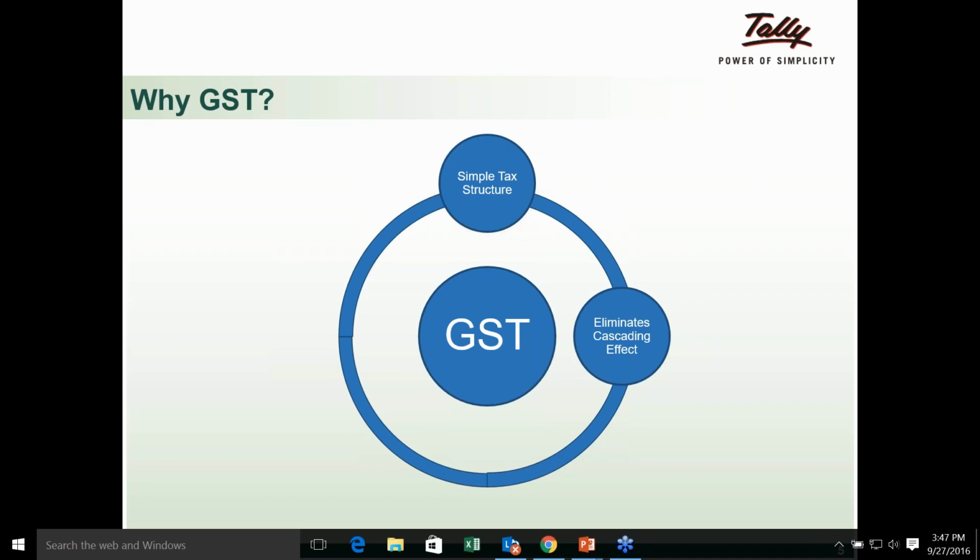Number 2 is that today, if you see, first is the assessable value, then you have this excise duty that is charged, and now when you charge VAT, the VAT is charged on the base value plus the excise duty, which is tax on tax. That also is going to be eliminated. So basically, one is the elimination of the cascading effect, the other one is the elimination of tax on tax. That's the major change that is going to happen in GST. And what impact this is going to have, we will see.